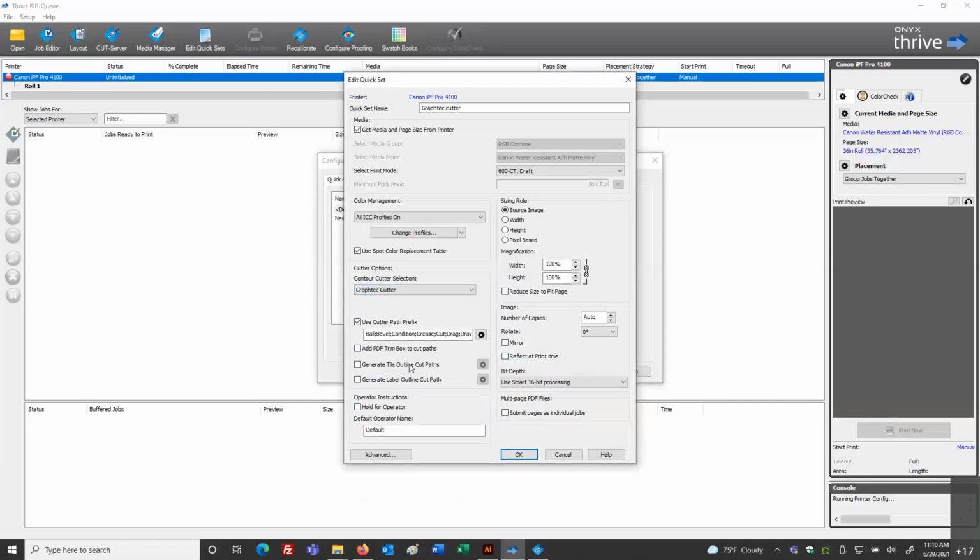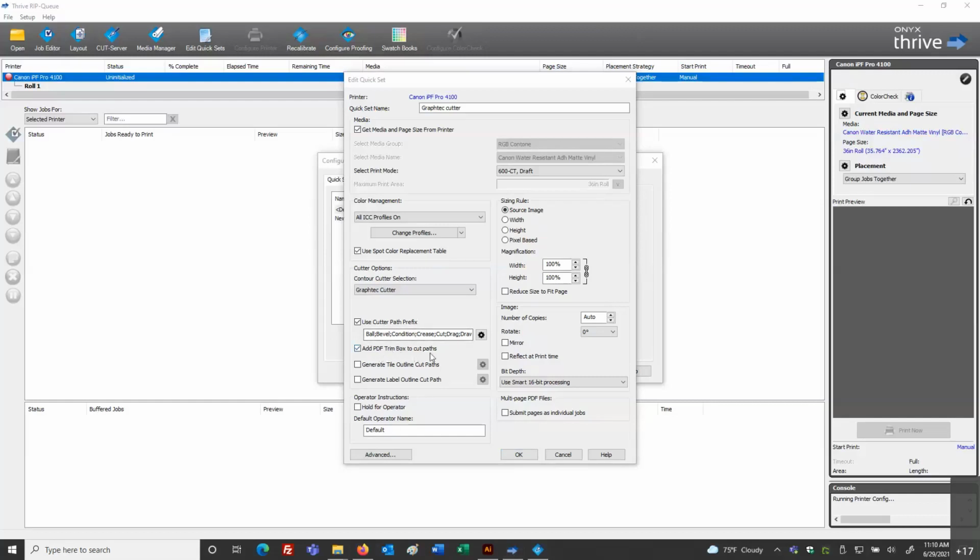But let's talk about these other items along the bottom. The first choice, add PDF trim box to cut path. This is very exclusive or specific to having some information here.